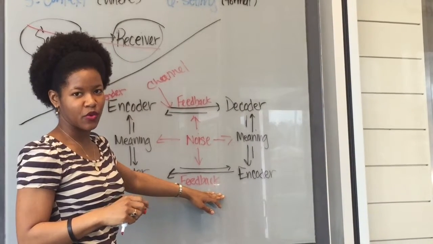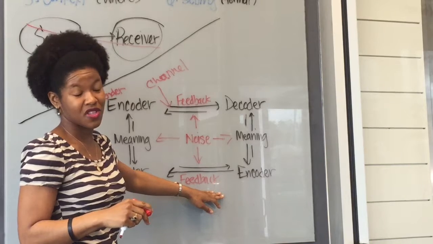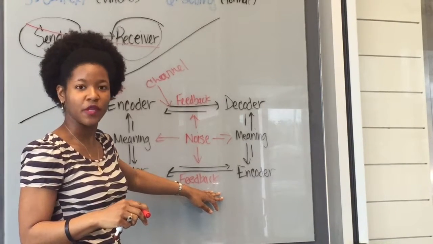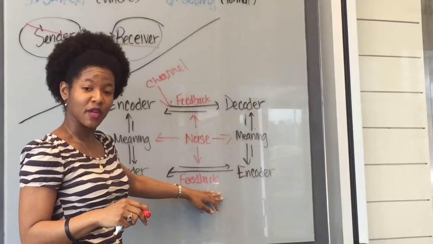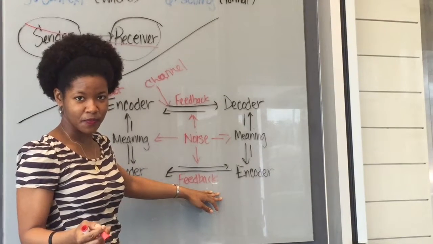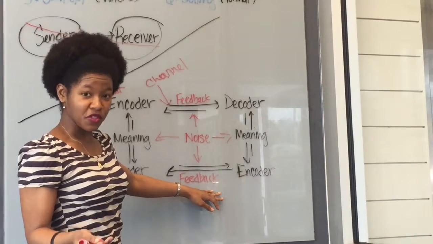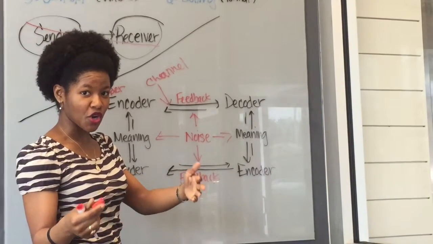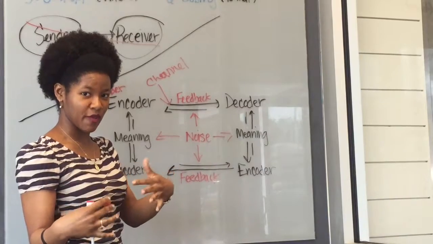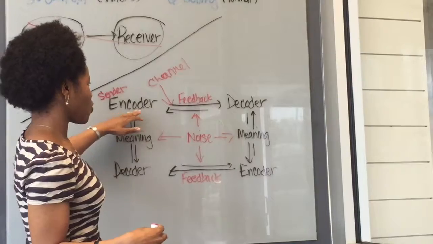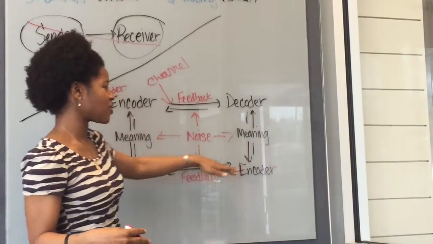When you talk to people, they don't look at you with a dead face. Usually, they're giving you facial feedback, and oftentimes, they're giving you verbal feedback, which is very useful to letting you know whether they're receiving your message successfully, okay? So this is more what the process looks like.